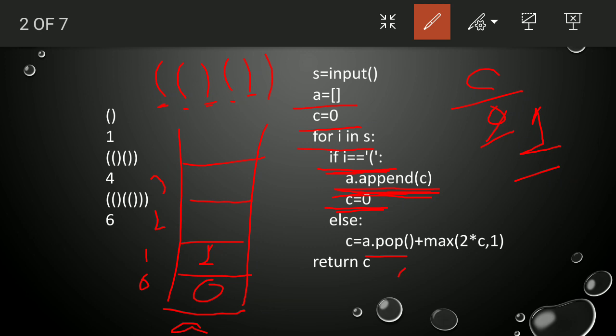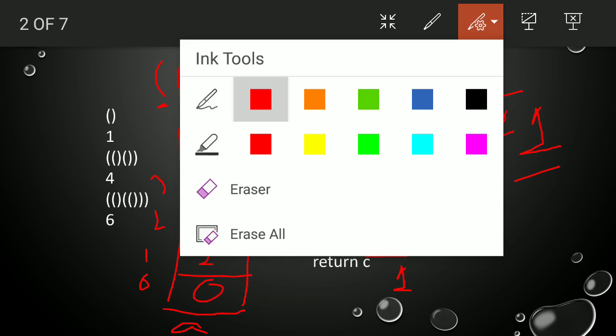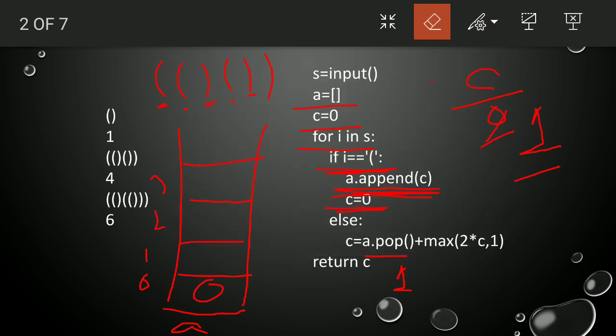So 1 will be popped out. When it is popped out, it is removed from here and it is popped out here. Now a plus max of 2 into C. So 2 into C is 1. So 2 into 1 is 2 comma 1. So max is 2. So 2 plus 1 is 3. Now C contains 3.